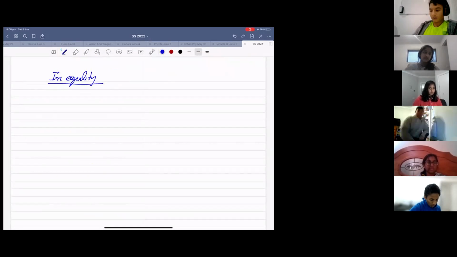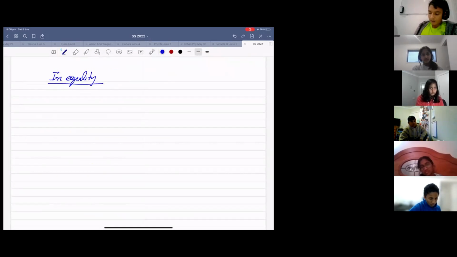Okay, inequality is like this. Look. There are two cases you have to really understand. So I'm going to simplify this knowledge and give it to you. Just eat the tablet.